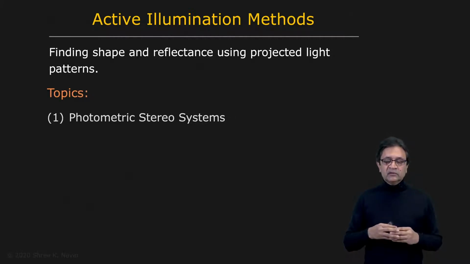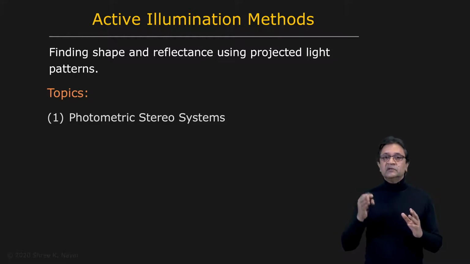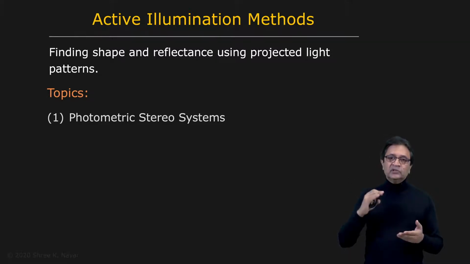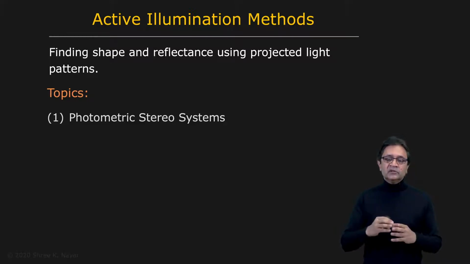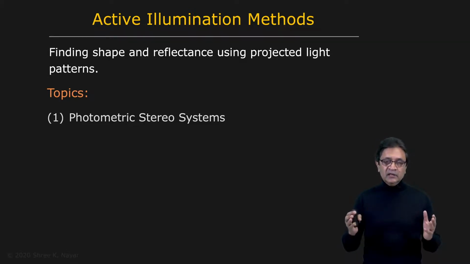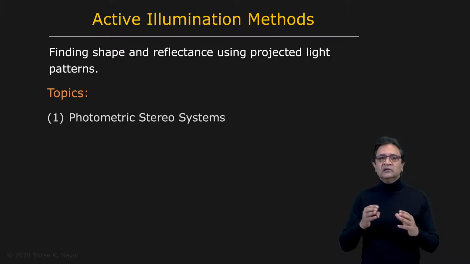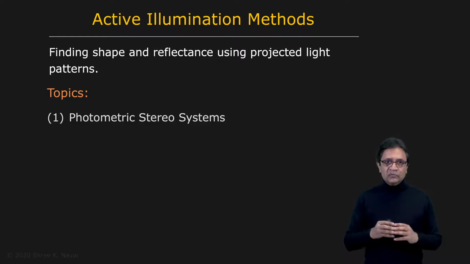We're going to start off with an active illumination method that we've already discussed, which is photometric stereo. If you think about it, in the case of photometric stereo, you're actually illuminating the scene from different source directions. You capture a set of images, and from this set of images, you're able to compute the surface normal at each point on the surface of an object. And then later, you might integrate these normals to get the three-dimensional shape of the object. So that really is a form of active or controlled illumination. We'll once again very quickly review photometric stereo and then look at ways in which we can extend it to make it even more powerful.